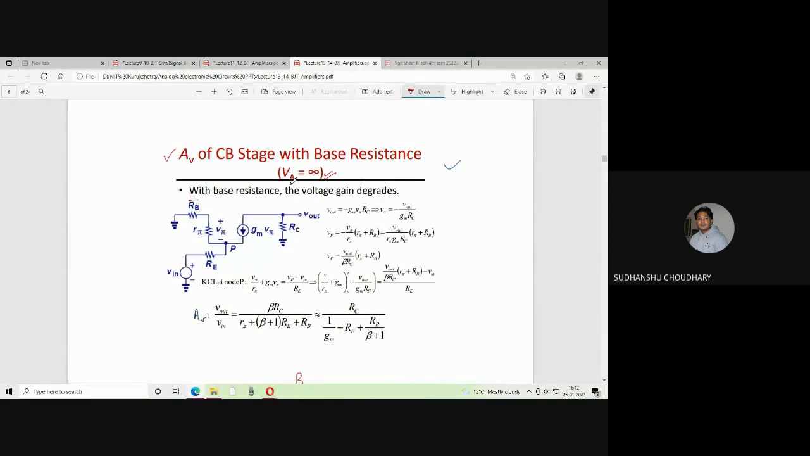Now for finding out AV, that is gain, we need to do some analysis. So that analysis goes this way. We need to write V out. So V out can be written as minus Gm V pi RC. Okay. So from this V pi can be written. So V pi is V out by minus Gm RC, right? Then one can write Vp at this point. So Vp can be written